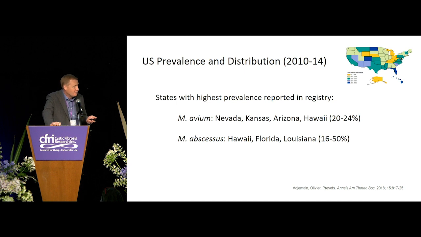The states with the highest reported prevalence, so for avium, again out west, you can see the list there. Hawaii is included in that, and then abscessus, Florida, Louisiana, and again Hawaii. I will say, though, these data have to be caveated a little bit. They're dependent on how good that state is at screening for NTM, right? And so we have to be a little bit careful about over-interpreting these data, but it does seem that there may be some effect on the local environment, particularly the climate in that region,